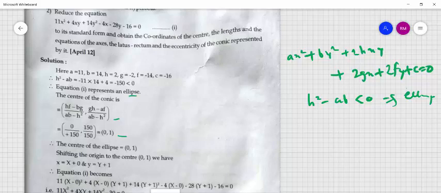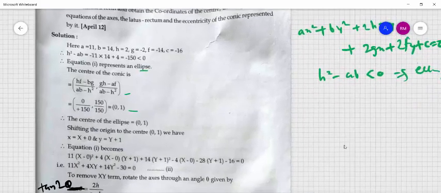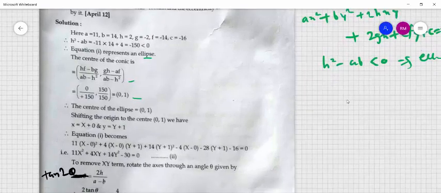Second step is we find the center, and the center of the ellipse is 0, 1. Then we have to shift the origin to the center 0, 1. So we replace small x by capital X plus 0, small y by capital Y plus 1. So we get a new equation, and that new equation is